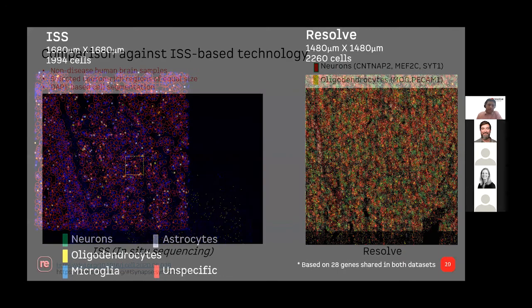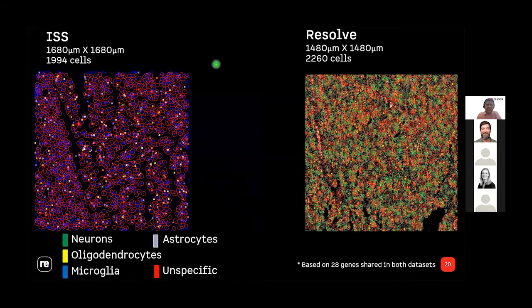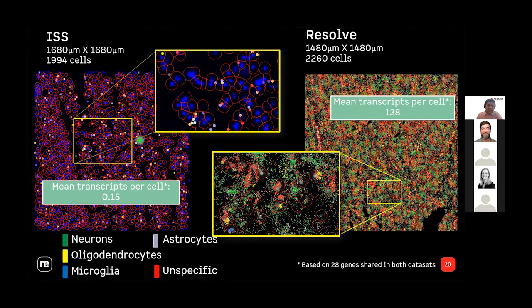So what we are looking at here is roughly equal area, roughly equal amount of cells, about 2,000 cells in both cases. On the left side is the ISS data, or in situ sequencing data, and on the right side is the molecular cartography data. What we did essentially to compare the sensitivity is we counted the number of transcripts per cell. And what we find is actually stunning. The mean transcripts per cell with the ISS is about 0.15. And the mean number of transcripts per cell using molecular cartography is 100 times